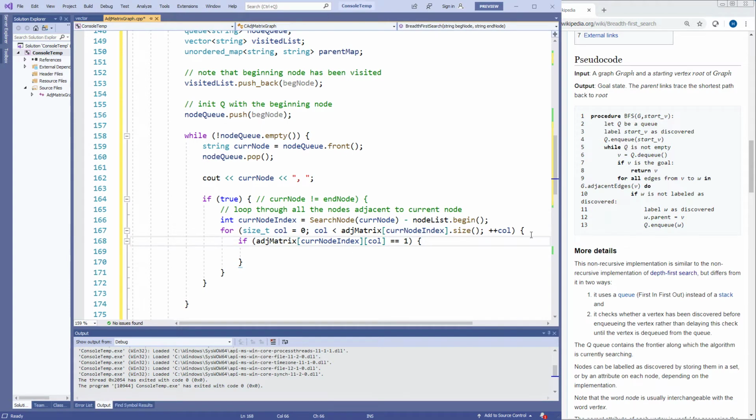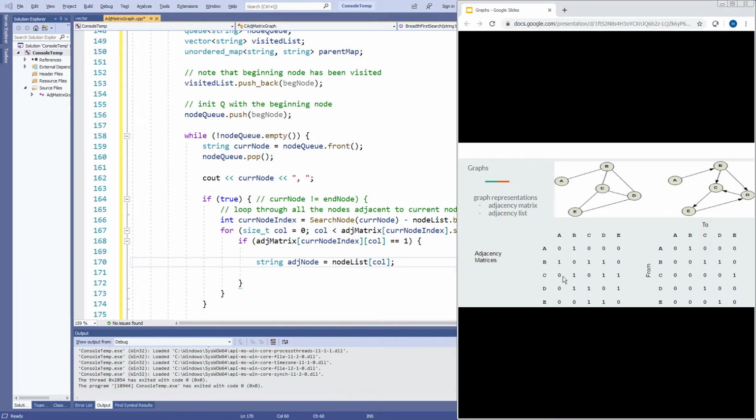So let's get the adjacent node first. The adjacent node, or W, is going to be equal to our node list subcolumn. As we step through the row of the adjacency matrix, when that column index gives us a non-zero value, we know that we found an adjacent node. So there's a path from C to B. Then we can get the adjacent node B as simply the column that we used, 0, 1, looked up